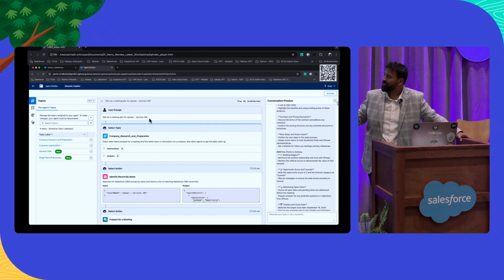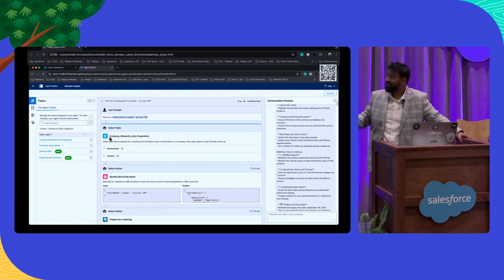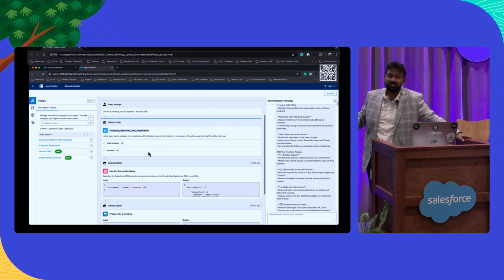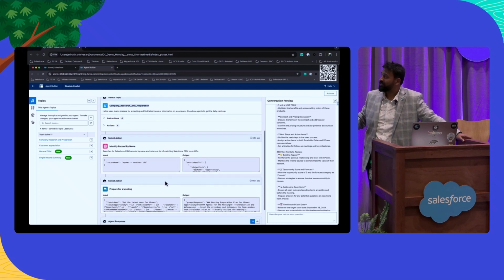I'm not going to spend a lot of time on this side. I'm going to focus on this one. As you can see, here is the user input. That is the intent. It has identified the intent correctly and identified that for this intent, I need to get into this topic in order to fulfill this request. And here you can see it has not directly jumped into my custom action. It has used a platform action because the information I gave is not specific enough.